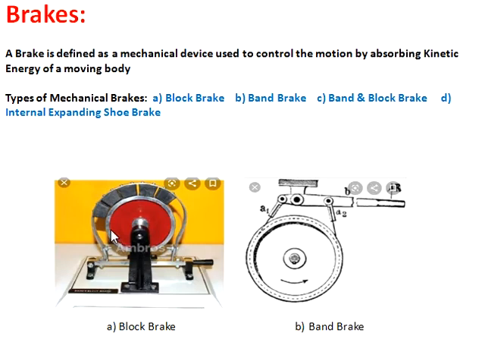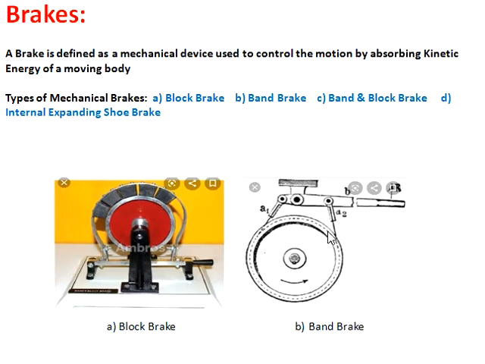In block brake there will be one rotating disc. Surrounding this disc there will be one or more number of blocks. These blocks are connected to one lever and we are applying force onto this lever. So when you apply force onto this lever, these blocks will be pressed over this rotating element. As a result, kinetic energy of this rotating disc will be absorbed by the block. As a result, motion will be controlled.